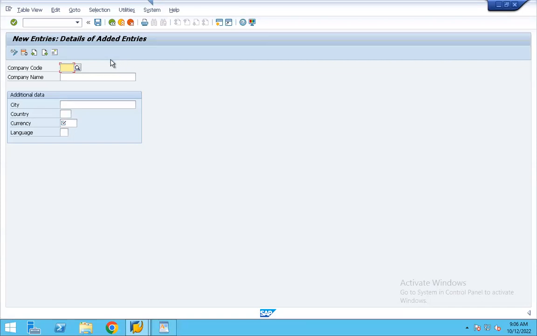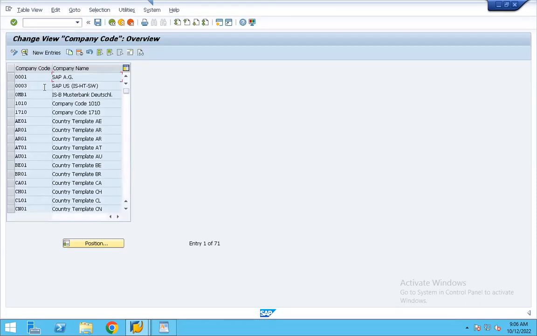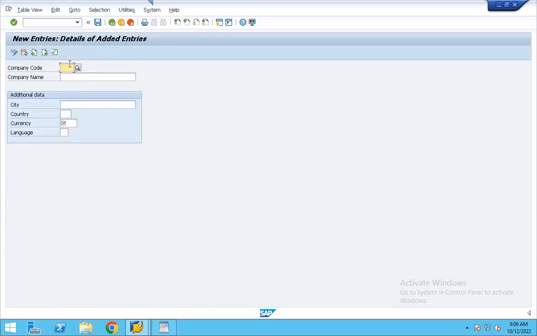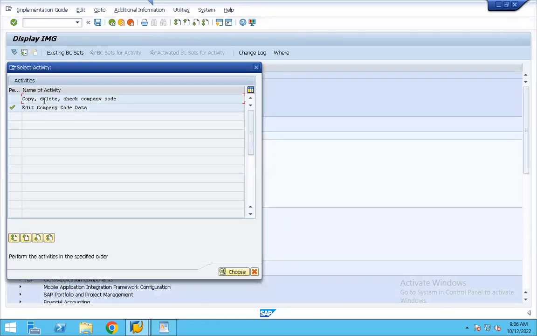But even if you want to create it on your own, for example, if you want to configure a company code by first going here and putting all the entries over here and then saving it, after that it is very, very important to do the second step as well. And what is the second step? The second step is Copy, Delete, Check Company Code.